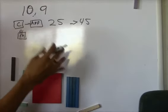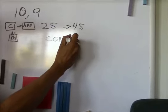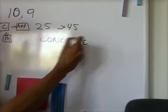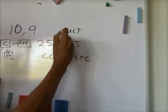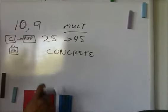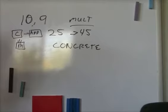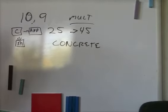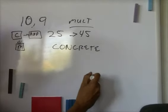First things first, you want to start in the concrete. I'm going to move to one more thing. Put it here so I don't forget, so I don't go tangential. You want to start in the concrete every time. You start with the blocks every time with your kids, right? Sometimes I have to start with symbols,